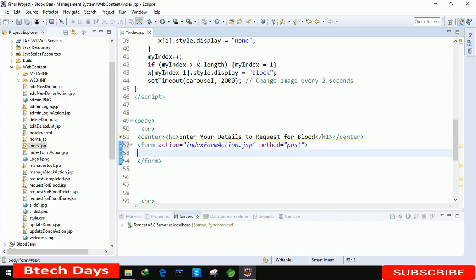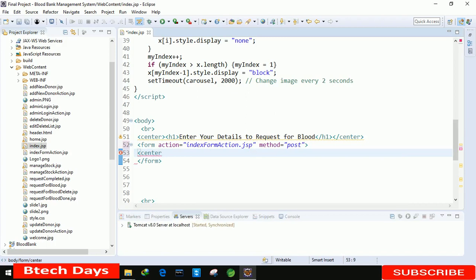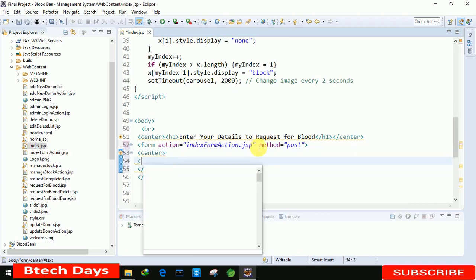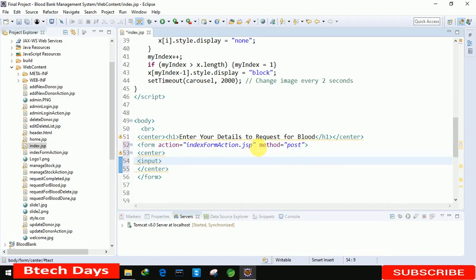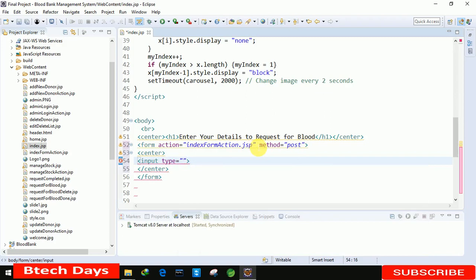After that we need to write the inputs one by one. First let me make it center, this one also center. Okay, and in this we are going to create the form inputs one by one. First, the type, and this one is for name, so I'm taking it as text. After that name equals name.